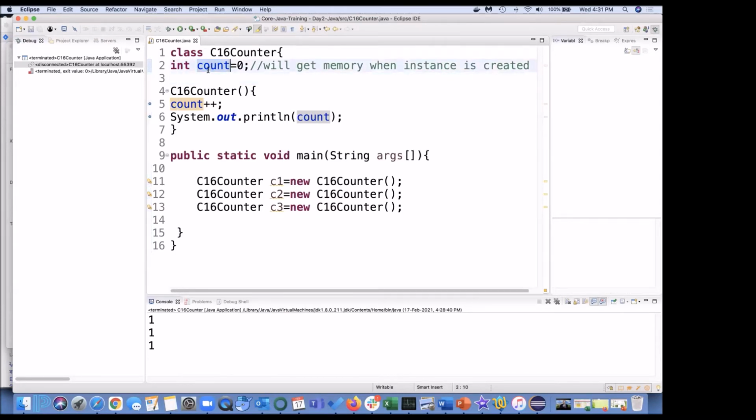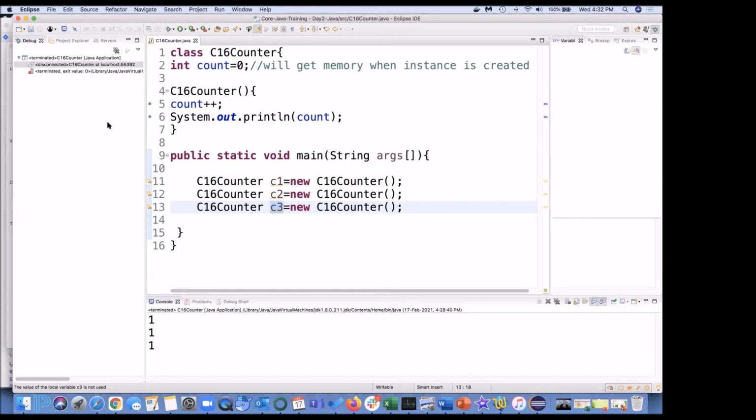When the instance is not created, this count is not going to get memory. Once we create C1, C2, C3, the memory will be created. And when this object is no more needed and is going to be garbage collected, that time this memory is also going to be released for that particular instance.